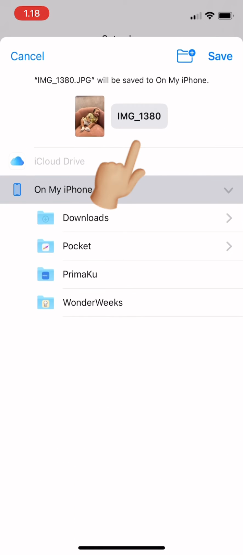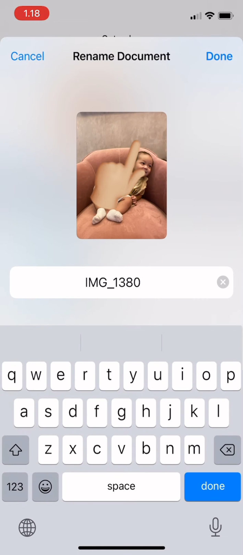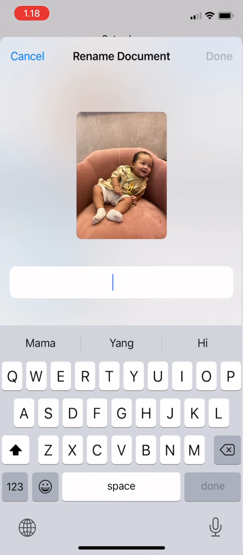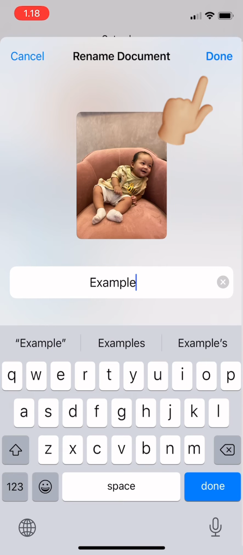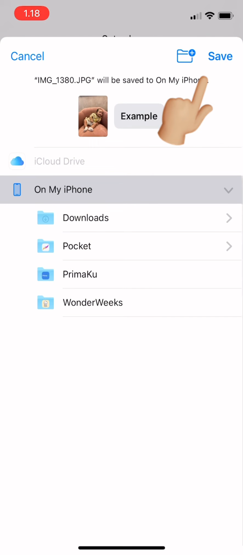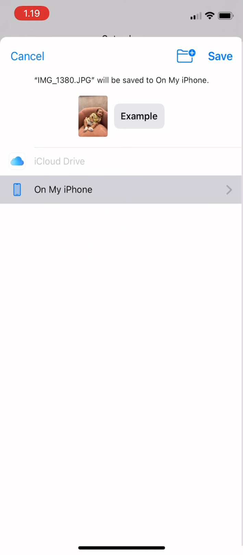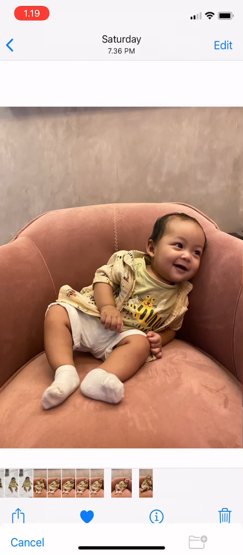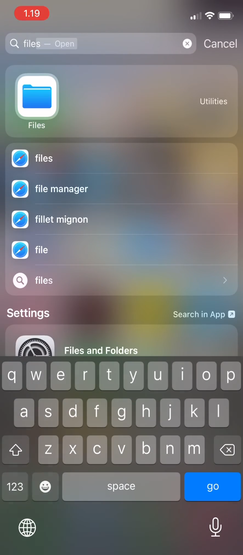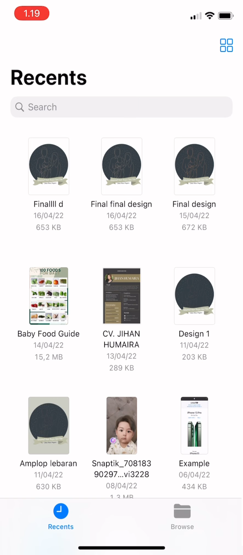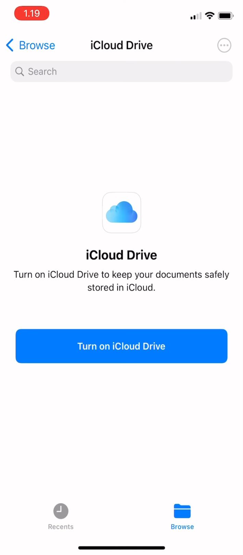Tap there and then you can choose where you want this document to be saved, and you could also rename the document by tapping there and then tap done. And then if you've chosen the folder, you can just tap on save on the top right corner, and then that's it. So the photo will be on files, so you can just go to